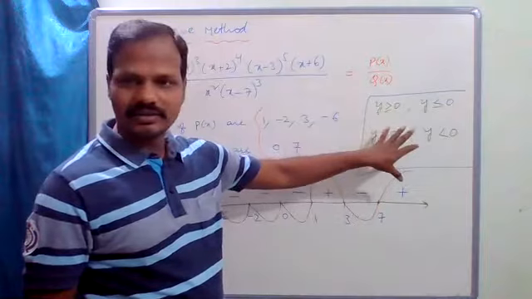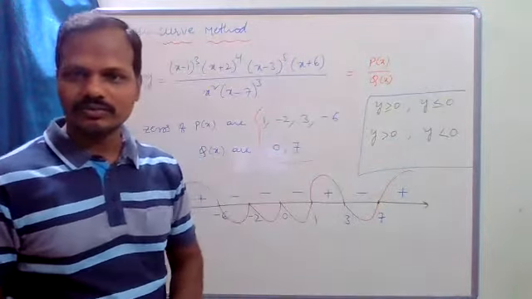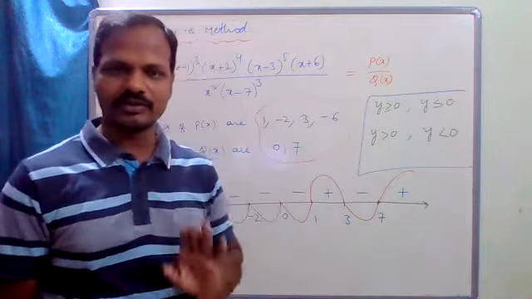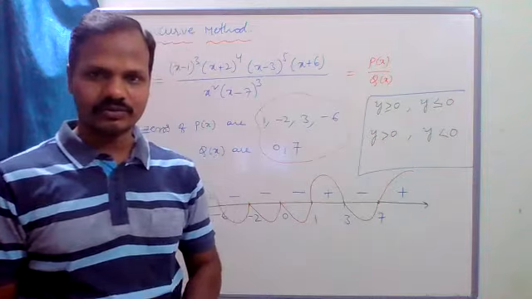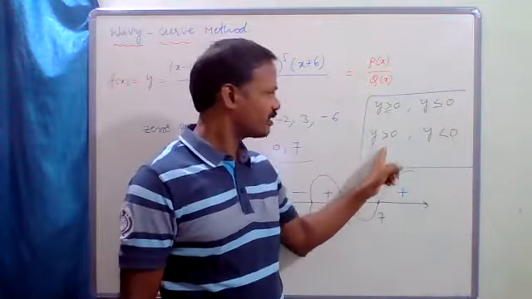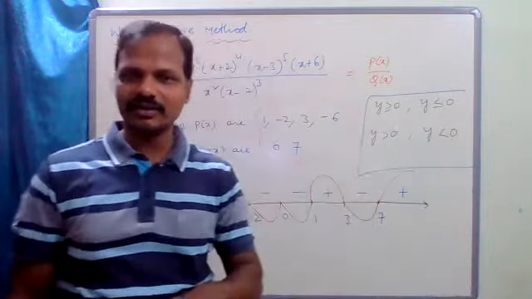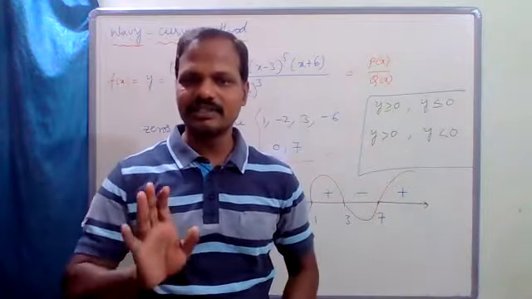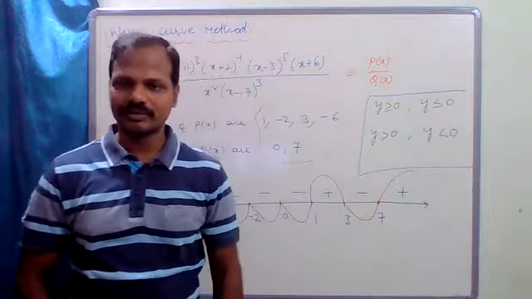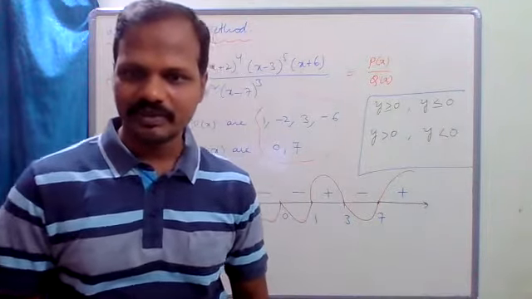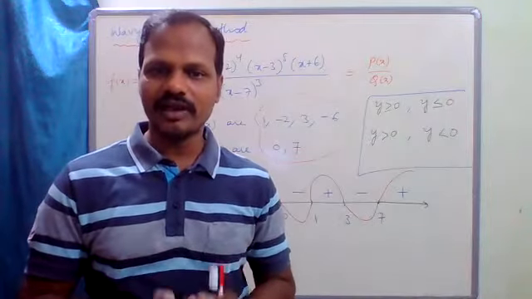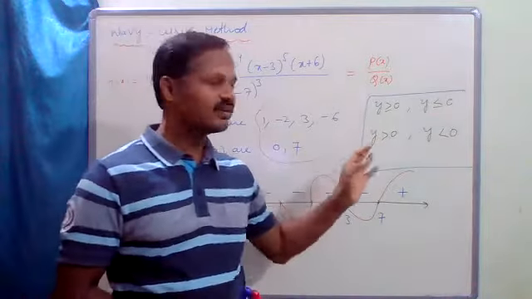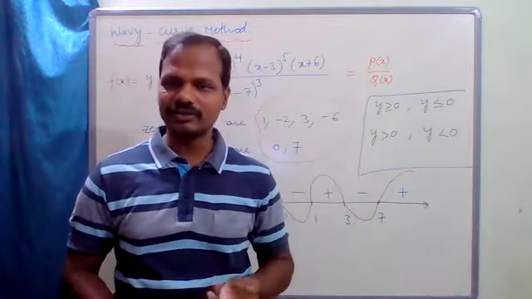So in this, positive means where y is positive. So which symbol you have to use? You have to use this one or this one: y greater than or equal to 0, or y strictly greater than 0. Y positive means which sign you have to use? Find the values where y is positive. Which one?